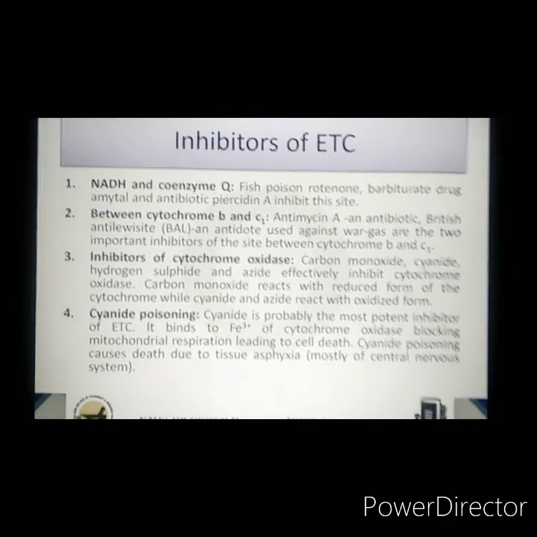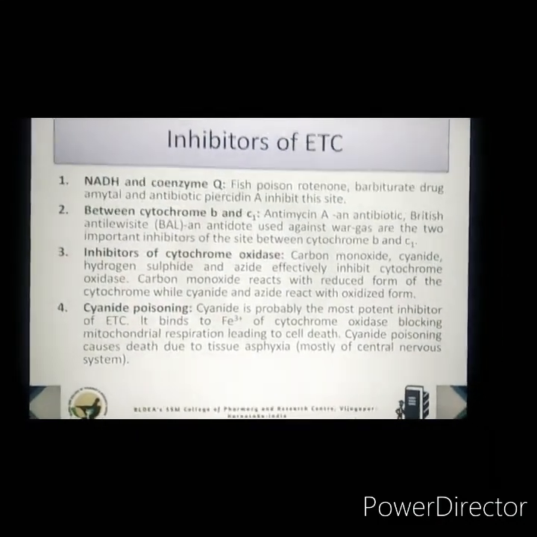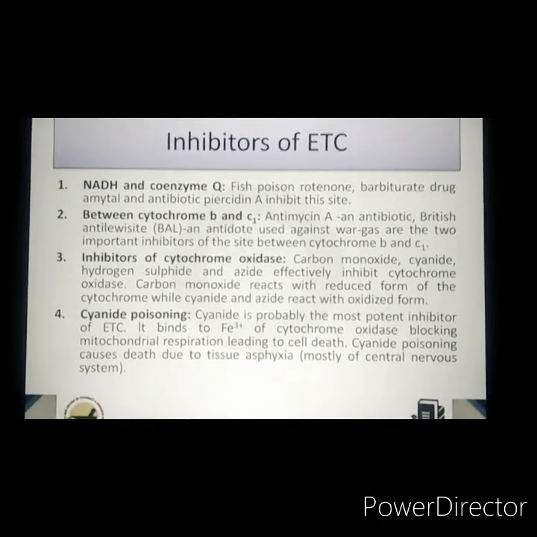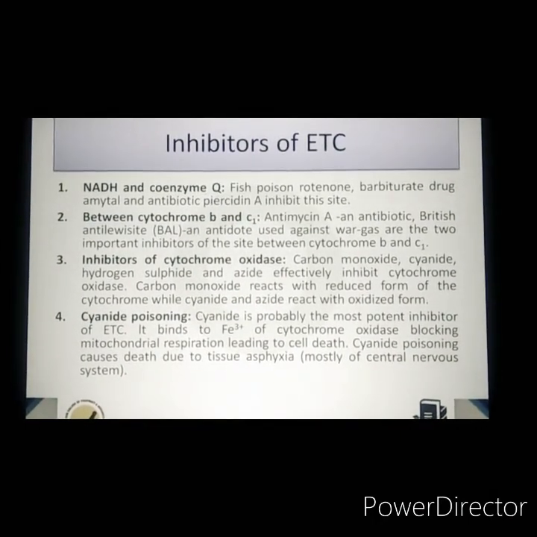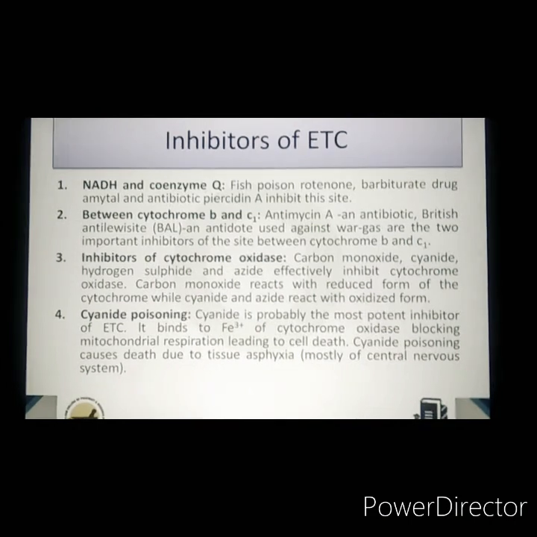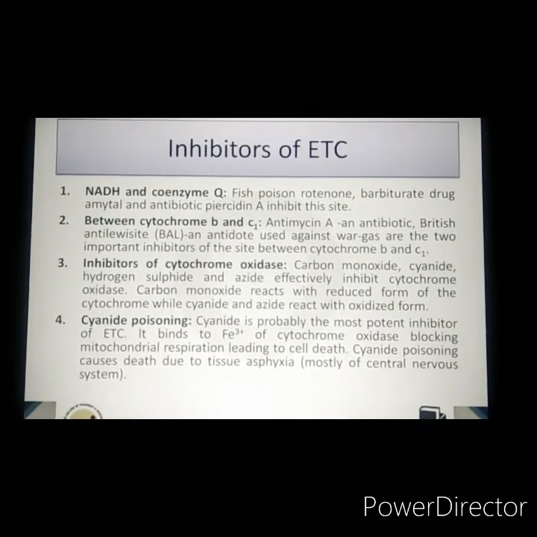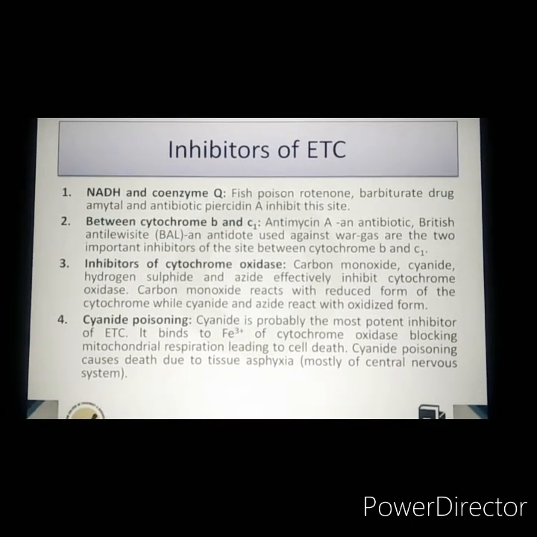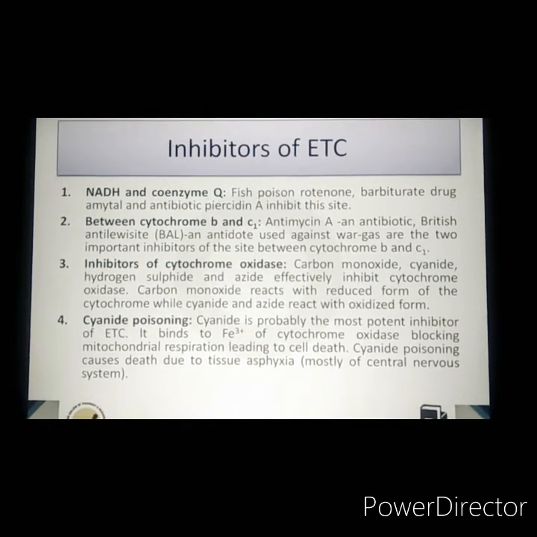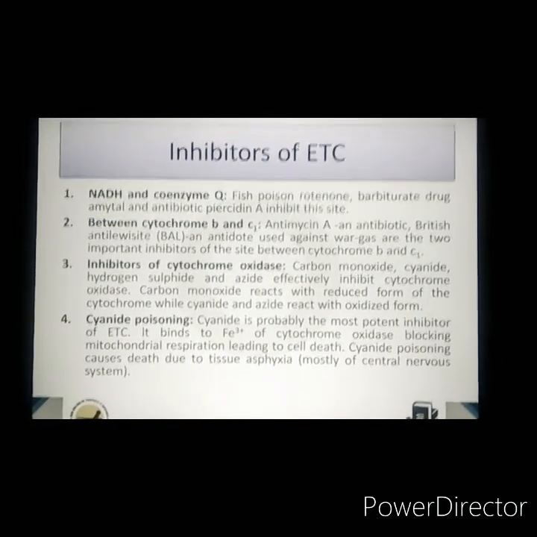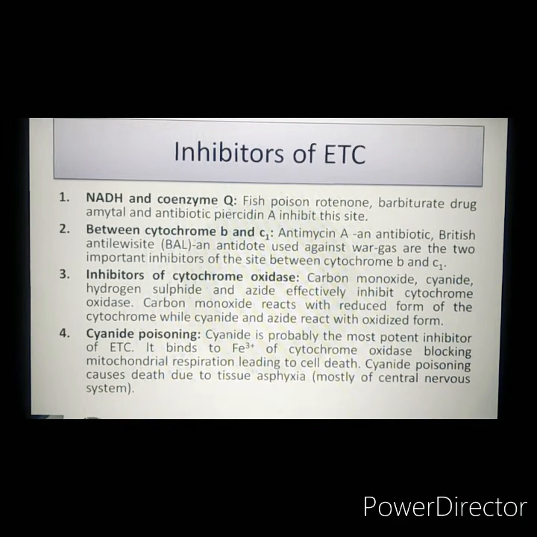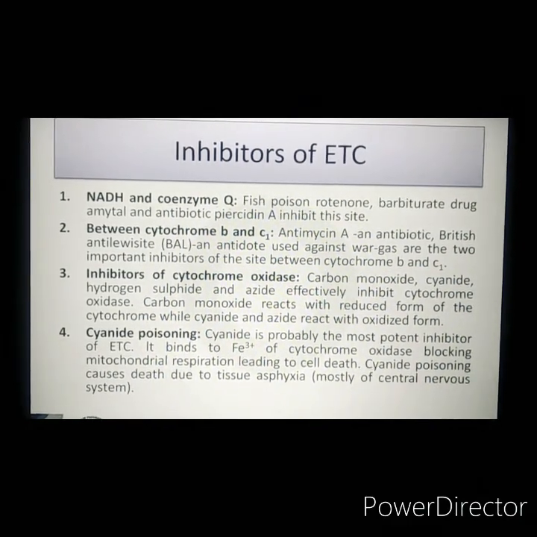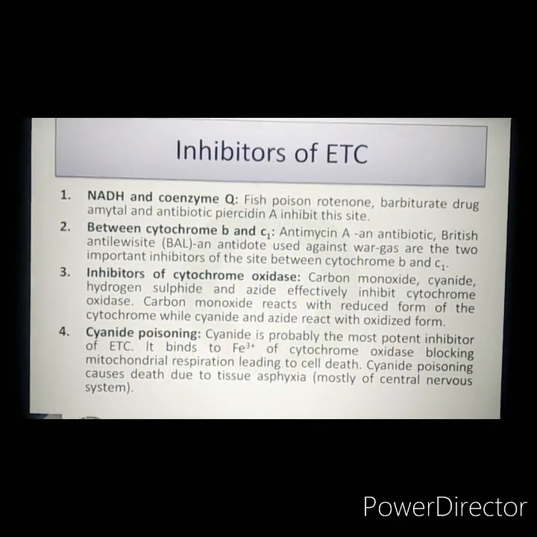So why is this inhibition of ETC required? Inhibition of ETC is important when there is excessive synthesis of ATP in the body. As we have seen, for the regulation of each and every pathway, that is glycolysis as well as the Krebs cycle, we have seen different regulation mechanisms being carried out. Here, inhibition of ETC is also very important. So how is ETC inhibited? Let us see.